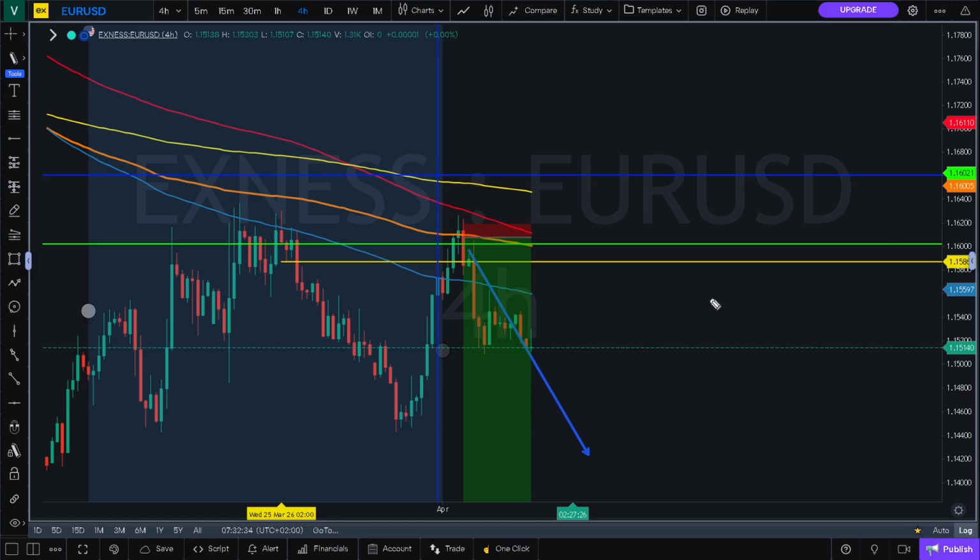I would like to see this continue to the downside and then come back, retest this broken support, which will turn resistance, and then a continuation to the downside. Or rather, if we do get to levels higher like this one here, and we do find great bearish patterns and formations to continue to the downside, this would still be a great opportunity to go to the downside.